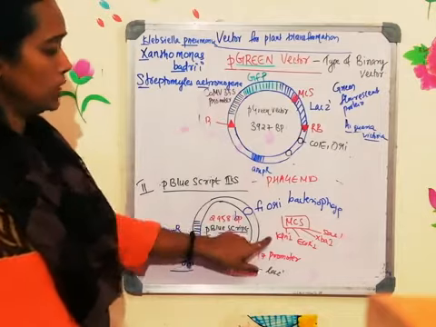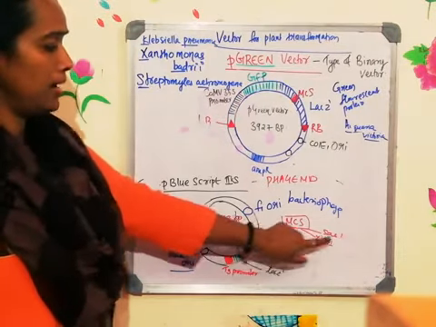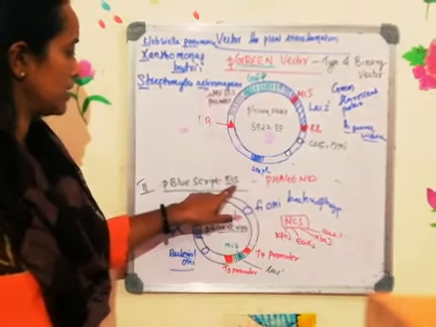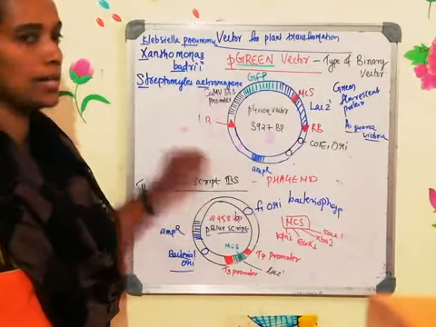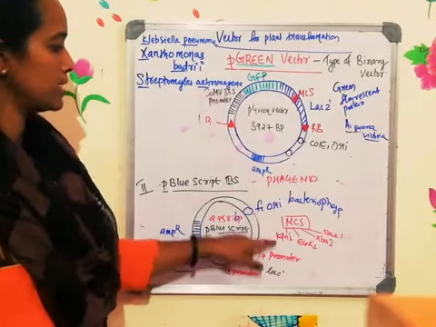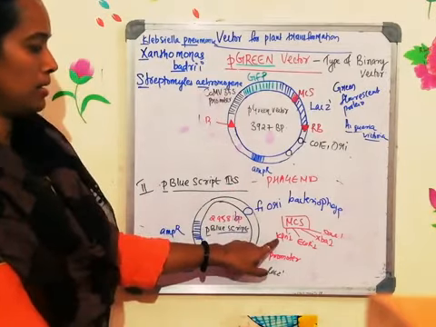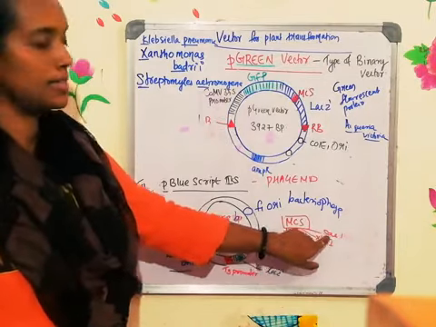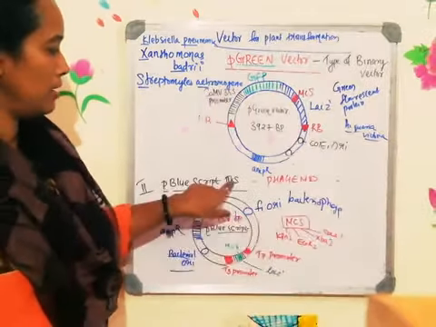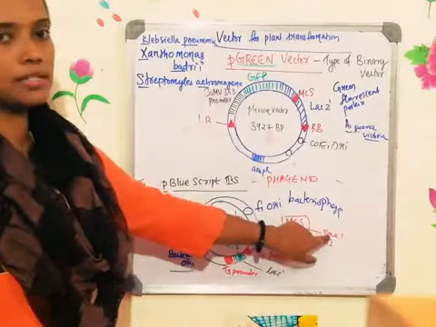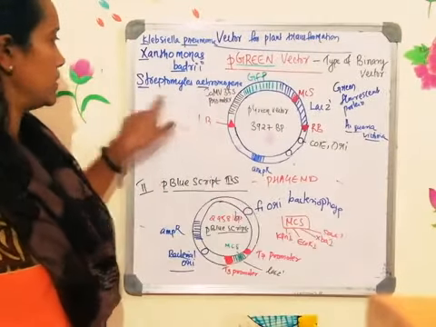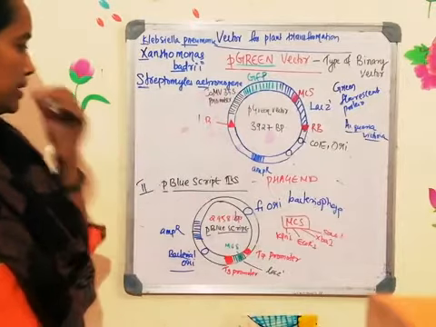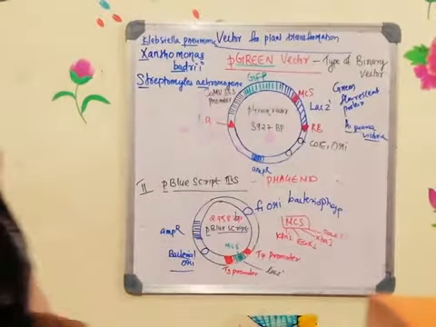Here the restriction sites start from K and end with S, KS. That is why this vector is called pBluescript II KS. KS stands for KpnI, EcoRI, XbaI, and the last one is S. The first one is Kpn, K, and the last one is SacI, which is isolated from Streptomyces achromogenes. Clear? So this is another vector which is given in the syllabus.